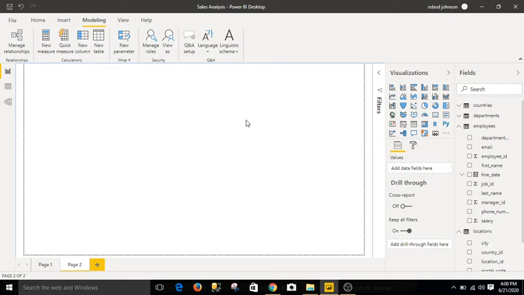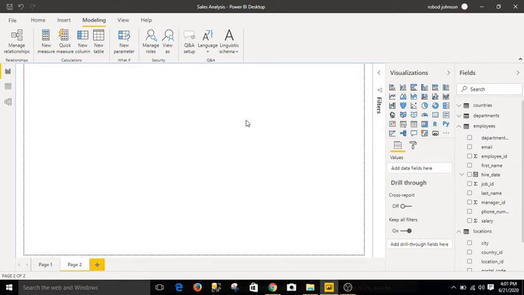Power BI. Okay, so first of all, let me tell you what row level security is and why we are implementing row level security in Power BI. We implement row level security so that a particular user can access only his or her data. There will be security, and for security purposes we are creating the row level security.